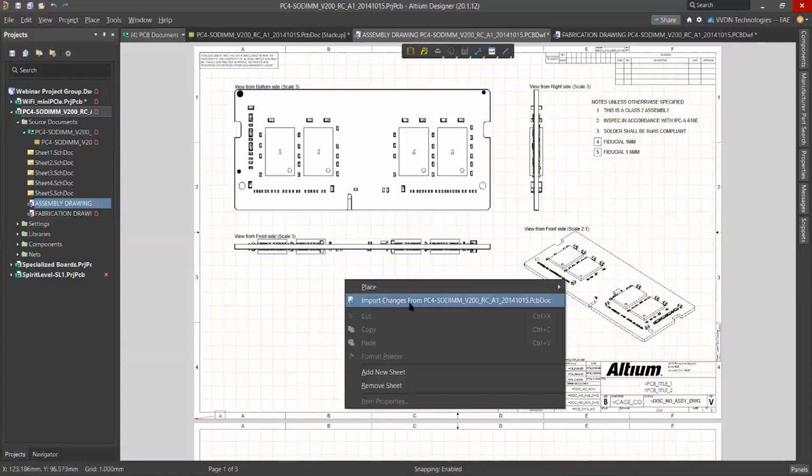After the update, import changes from this one. Yeah, that is done, but still one of the boards was not updating. I tried it long back, recently I have not tried. Maybe in an older update, initially when I installed version 20. Is there any possibility that if we make changes in this Draftsman document, those updates can be imported to the layout or not?